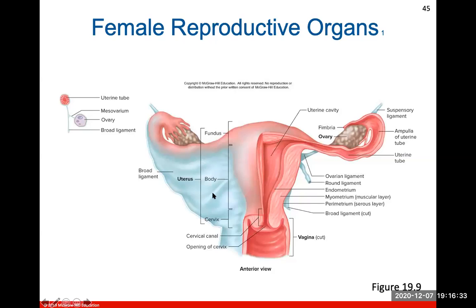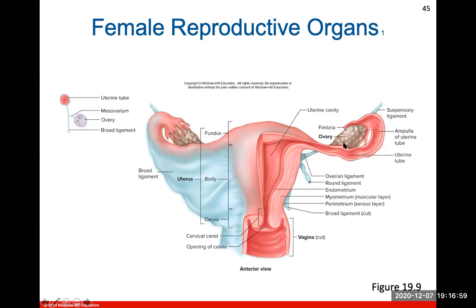Another look at the female reproductive tract, the different parts of the uterus itself, and how the uterus is held in the abdominal or lower pelvic cavity with a broad ligament. The suspensory ligaments hold on to the uterine tube and the ovary. The uterine tube will be the normal site of fertilization. So sperm will swim all the way up into the uterine tube. And this is normally where